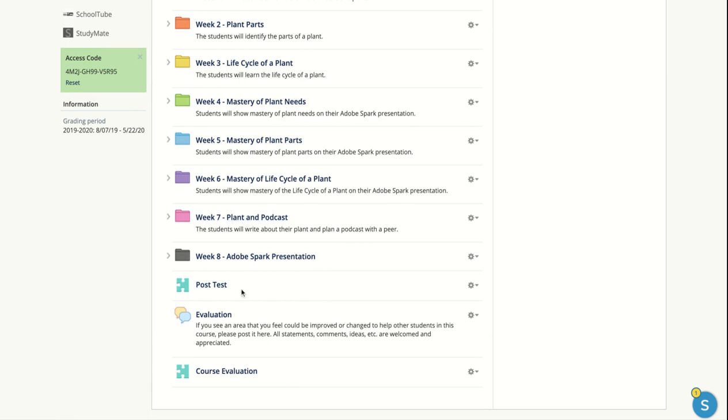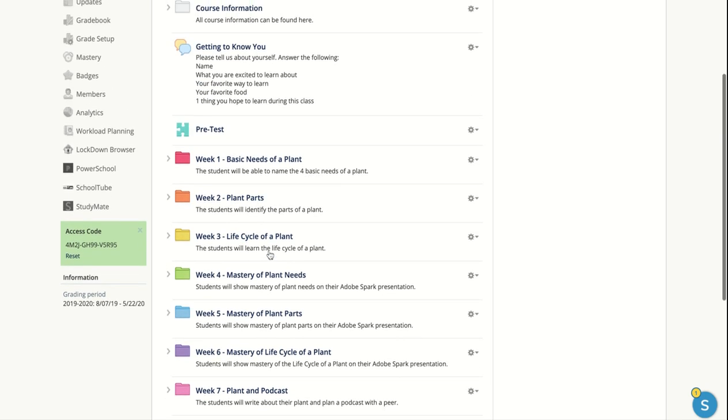And then post-test again and course evaluation are on the computer. But if students are struggling with that, we will have a paper copy for them if needed. So there you go. Lots of different